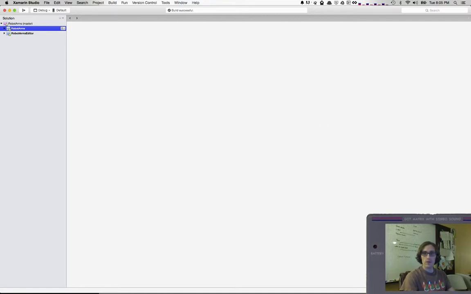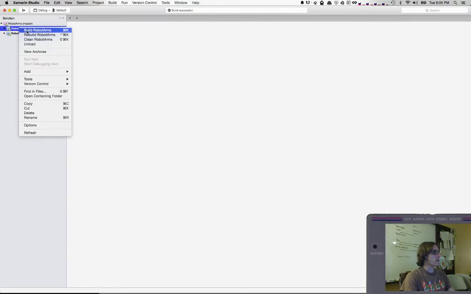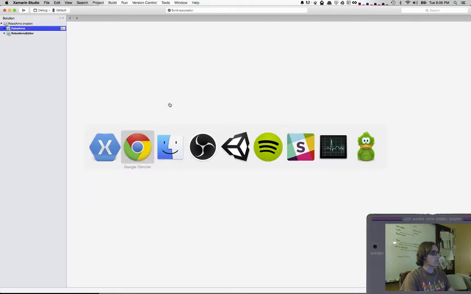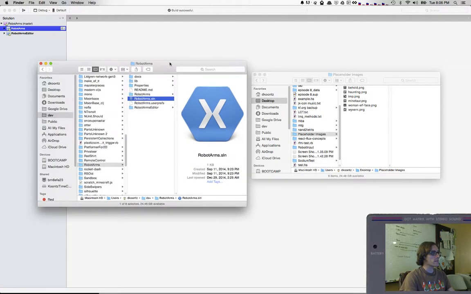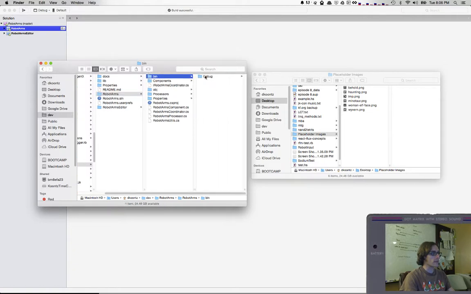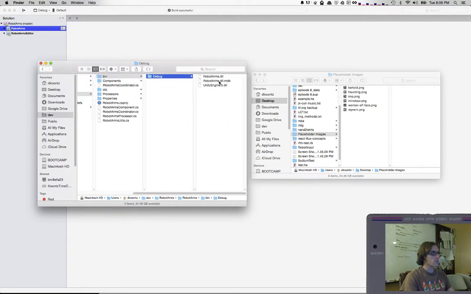Okay, so let's go ahead and compile these. So you just right click and build, or Command K. That will build it. Switch back to the directory where it is. And under RobotArms, we have RobotArms and RobotArms Editor. These are the two projects. So if we go under bin, debug, we'll find RobotArms. This is the main RobotArms DLL,